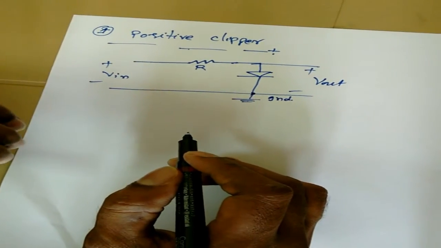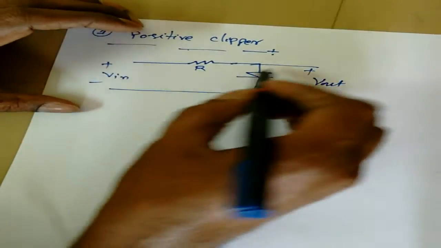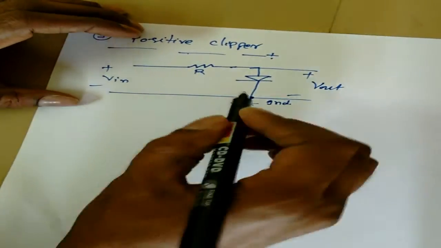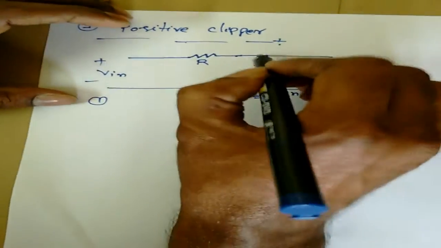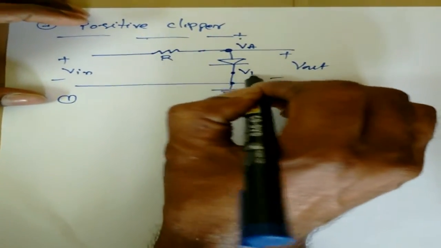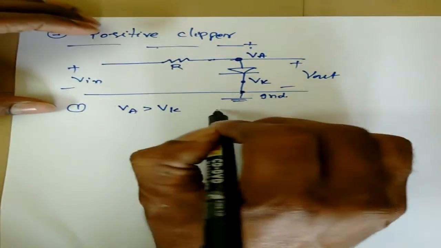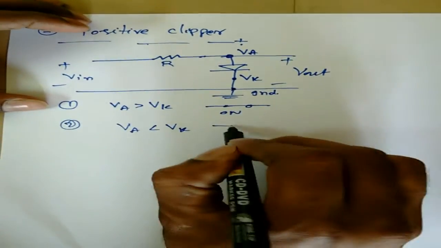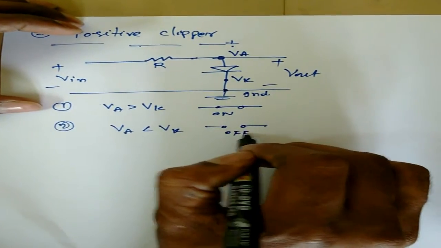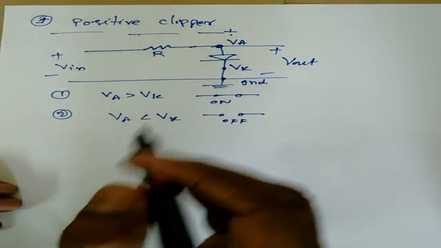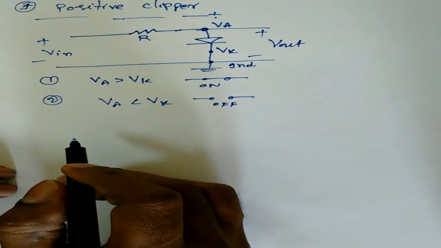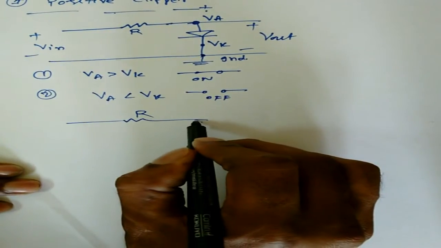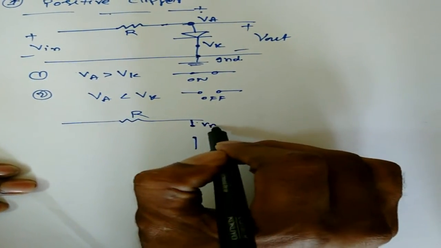Now if you give any input to this type of circuit, you don't require any knowledge about how the diode works. You have to know only the two rules that we already discussed: whenever VA is greater than VK, the diode is simply on, a short circuit. The second condition is VA less than VK, the diode is off and is an open circuit. Now how do we go about the analysis? The blind rule is to simply open the diode, something like this, with R. So I am opening the diode and finding VA and VK.